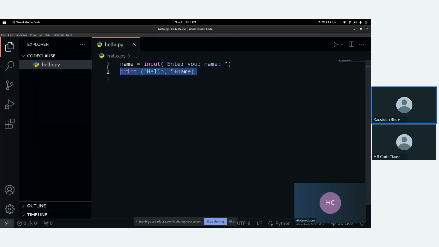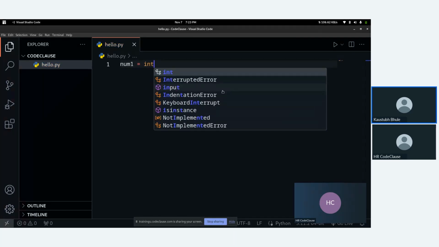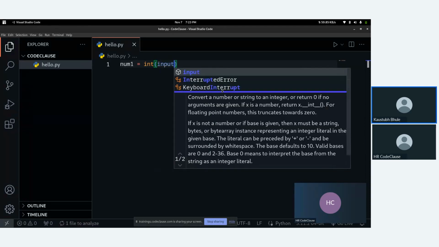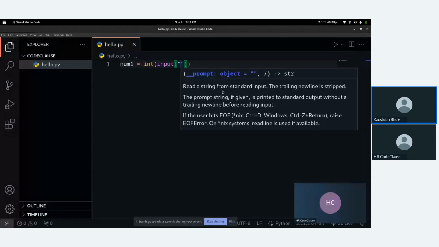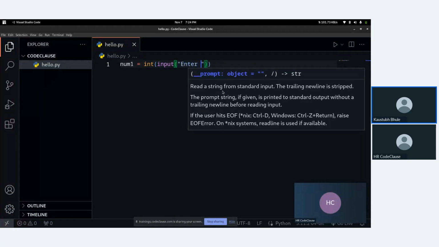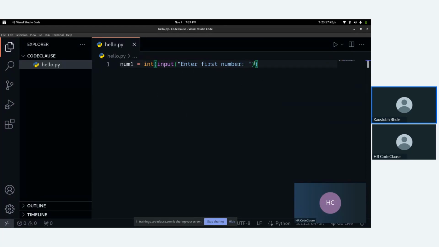let's just code a simple addition program. So I will create the first variable num1 equals to. Now here I will do typecasting, which I have said earlier, right? So the input which is coming from the input function, for example, int, enter first number, right? Okay, so now this function by default returns the value as a string. So what we are doing here, we are just converting the string value into an integer value because we want to store our number as an integer.